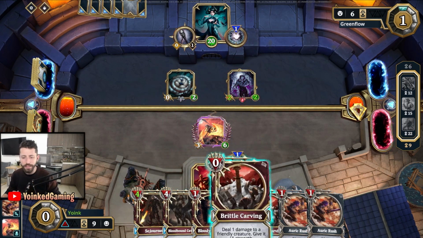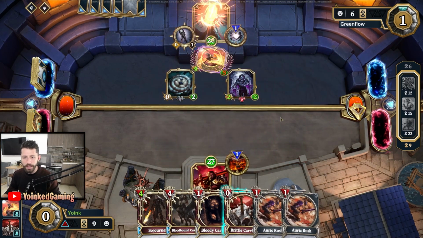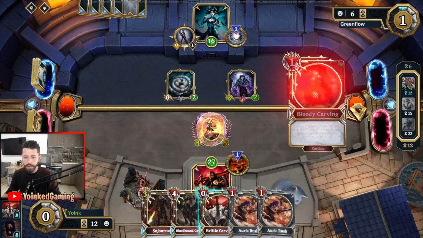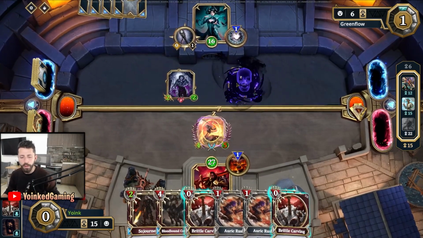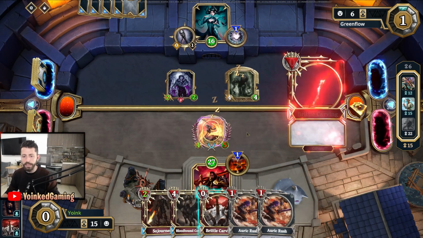Anyway, this is the fun part of the deck. I am going to start with my Brittle Carving here. Ulrika is going to attack my opponent's face immediately. Then I am going to use the extra mana to play the Bloody Carving on Ulrika. That is going to immediately give me the Brittle Carving back. Ulrika is going to attack my opponent's Dragon, but that's okay, because now I can play another Brittle Carving that